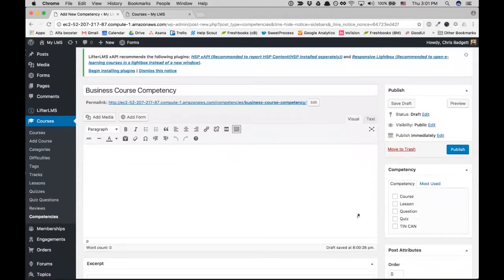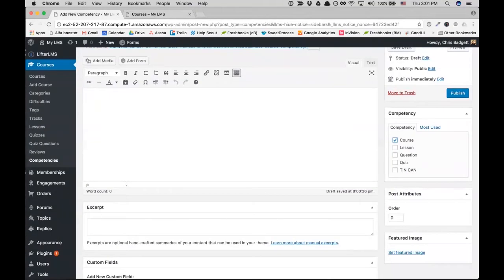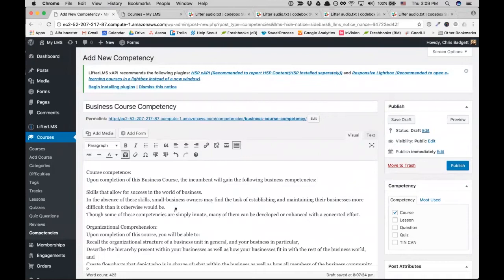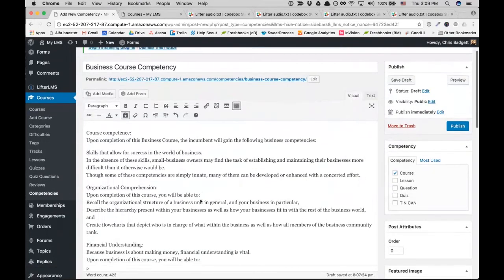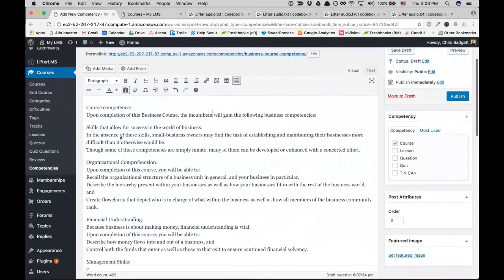Now, the type of competency, since your mouse was over the competency panel, we're targeting this for the course itself. So we're going to put this as a course competency. What I'll do is copy and paste the information so that we don't waste everybody's time here. So what we've done is set up a competency that we're going to award somebody when they complete the course. This business course, you have achieved this competency, which includes